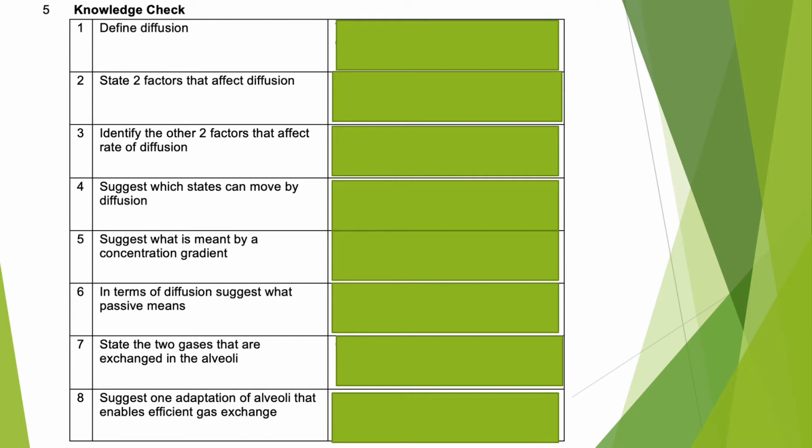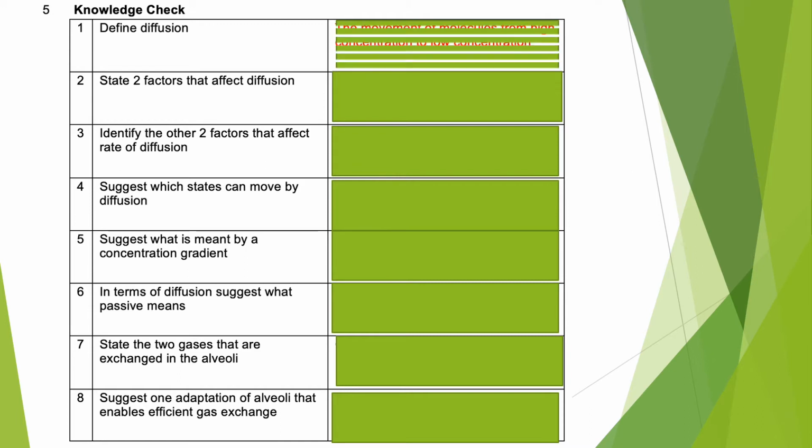Perfect. Let's start off with number 1. So number 1 asks, define diffusion. So all of last lesson we were learning about diffusion, what it was, some of the factors. So let's go through this, all right? Diffusion is the movement of molecules from a high concentration to a low concentration. Okay, that's kind of the big broad definition of diffusion, and it will become important as we talk about today's